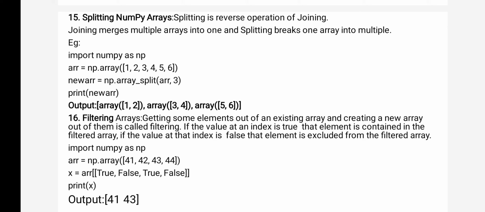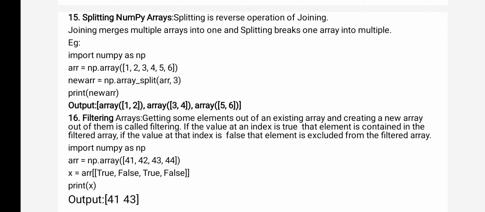So in the example you see, what is the original array? ARR. How many elements are there? 6 elements are there. Now you see, I have created a new array equals np dot array_split, and splitting which array? ARR comma 3.